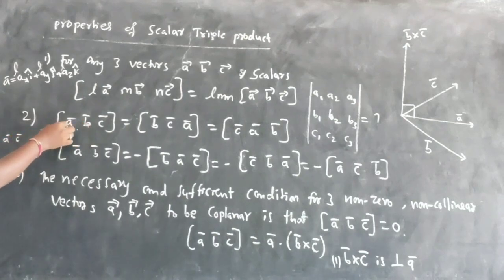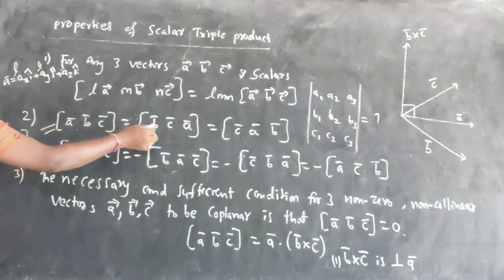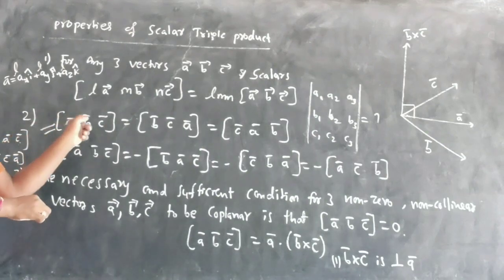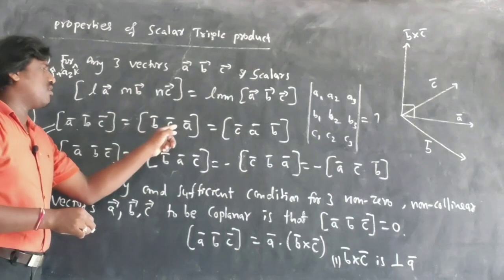When it is changed one time, you get a negative sign. The box will be negative. And again to get CA, again it is changed. C came here, A changed here. So minus, again minus, minus into minus is plus. So what am I going to get? BCA. It means the box of ABC will be equal to the box of BCA.